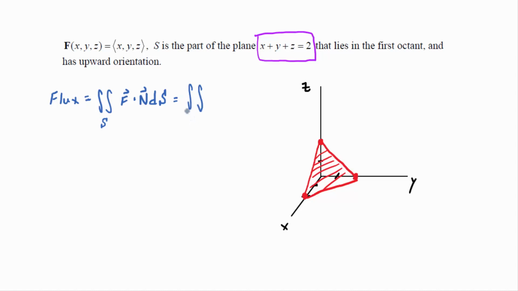So once you change to the calculation formula, you're going to project that surface down in the xy plane. So we'll call it a double integral over R. And then it's going to be plus or minus del G. Which one is it going to be in this case? Since it's an upward orientation, you can picture the normal vector with positive k component like that, right? So it'll be just del G, because by default, I take that one to have positive k component. And then